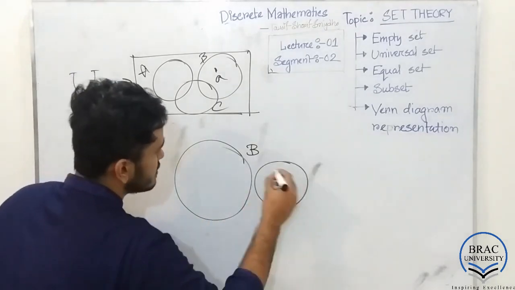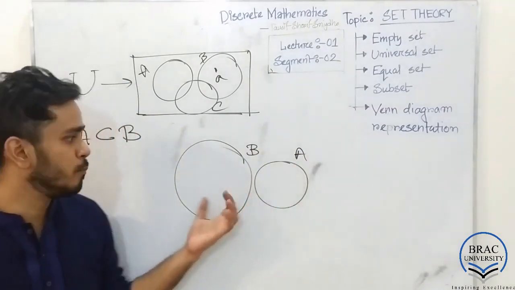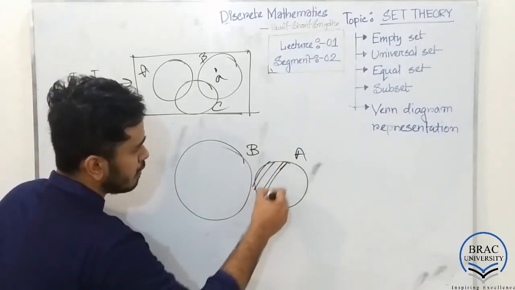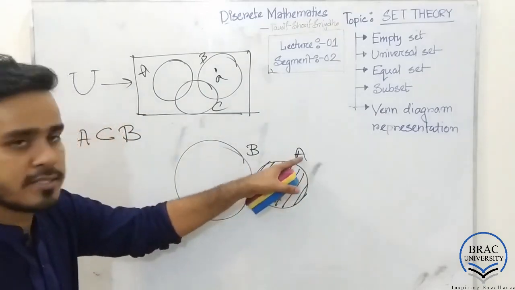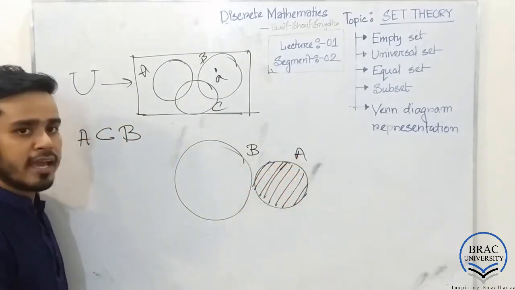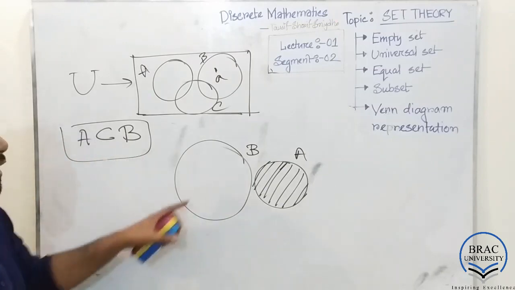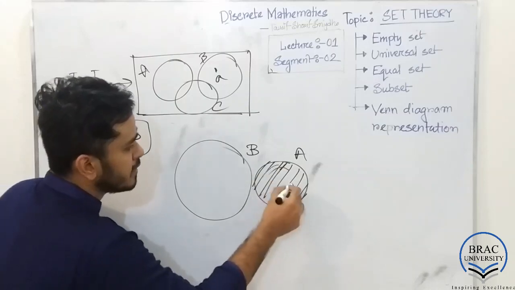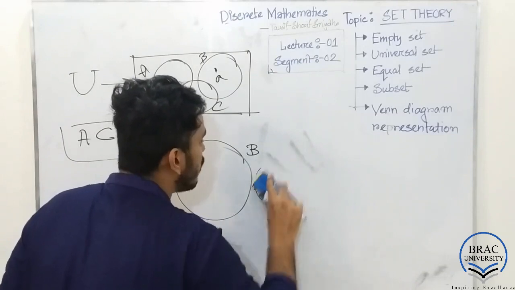can we just put set A outside B? And what if we put A outside B? Let's see. This region contains all of the elements of set A. And as we know from the statement, all of the elements of A should be there in B, right? But if we put A outside, these elements stay outside the region of B. So A must not be outside of